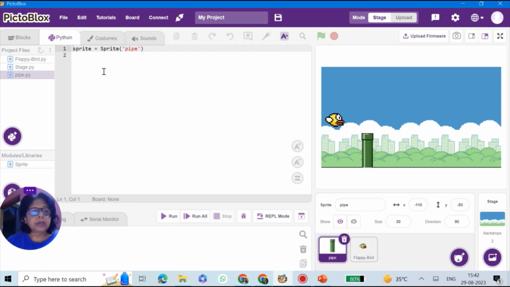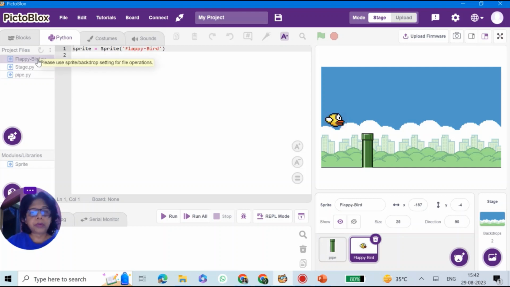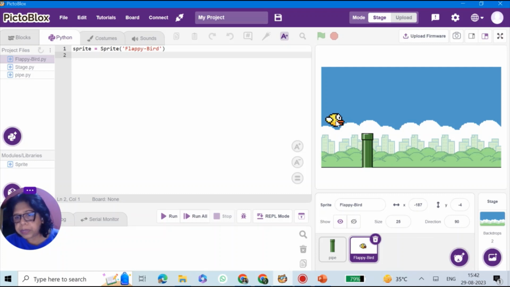So let us start the programming with the Flappy Bird. Now for the Flappy Bird, to make the complexity of this game, I'll have 3 pipes. So let me program it first, then I duplicate it. What is the position of Flappy Bird? Let us say 187 and 4. So I say sprite